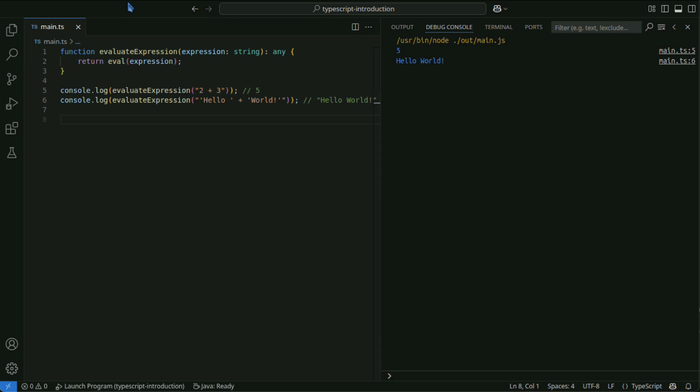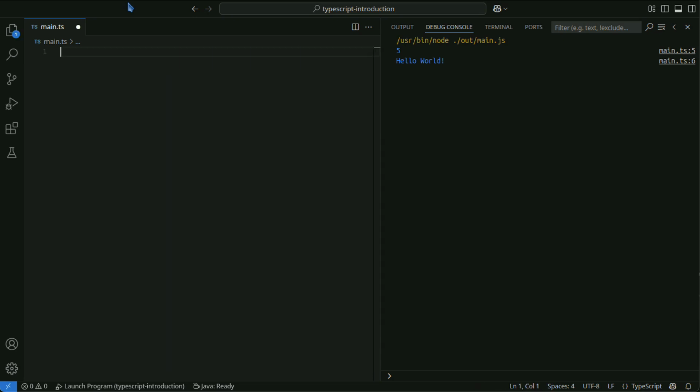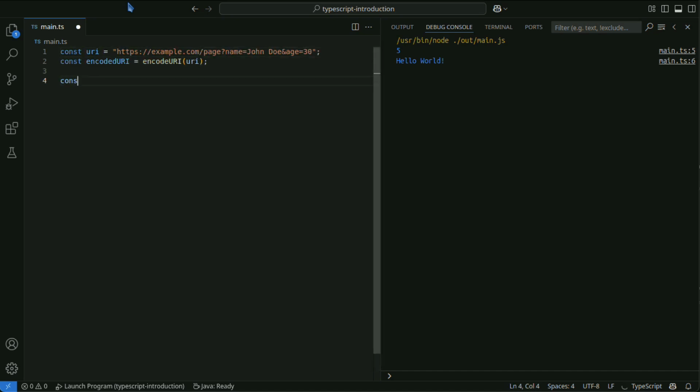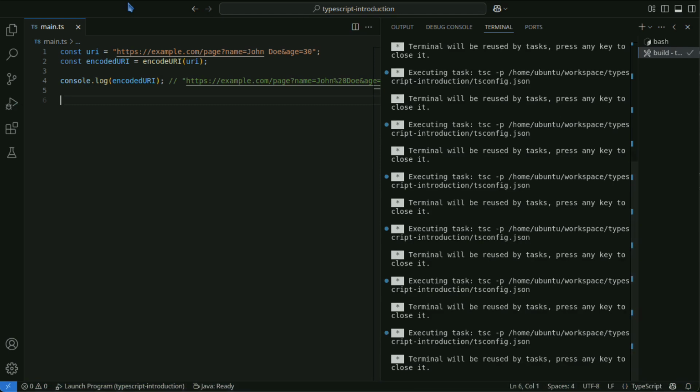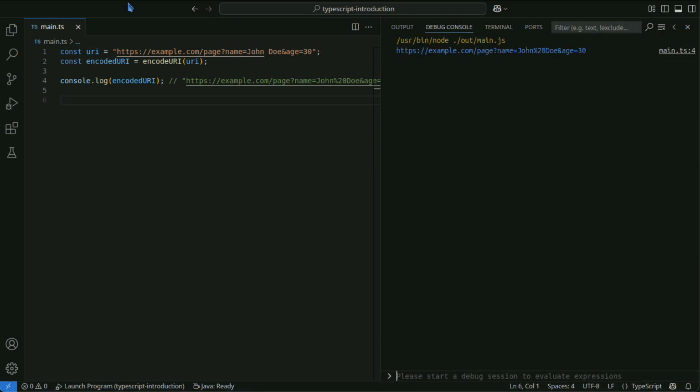The encodeURI function encodes the entire URL and escapes certain characters. This example encodes spaces into %20 to generate a safe URL.